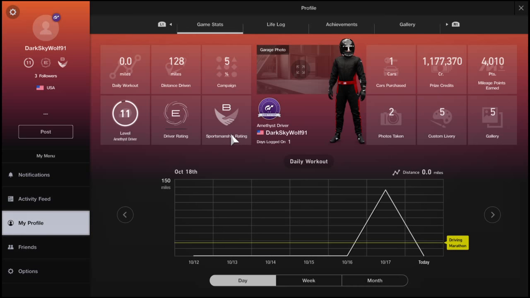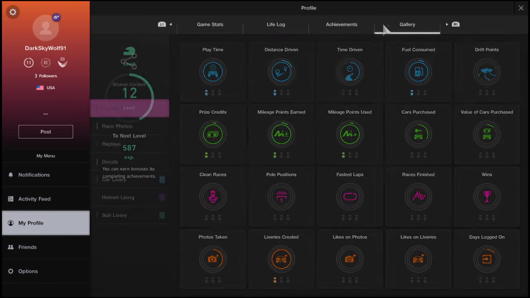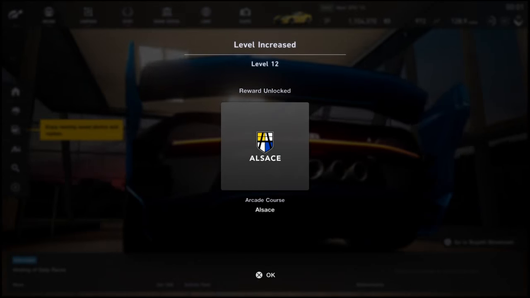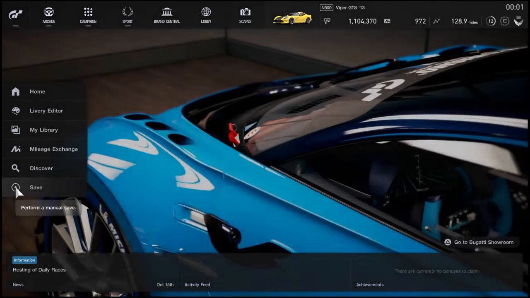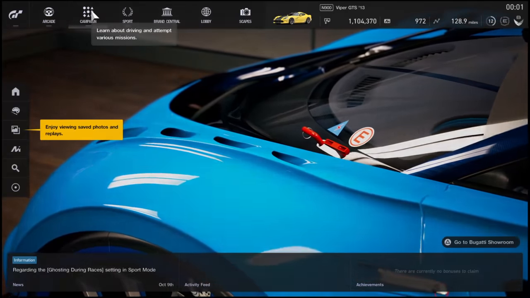Sportsmanship rating, so if you have a bad sportsmanship rating, you will get the not so great lobbies, I guess you could say. Because they don't want people who wreck everybody playing against people who try to drive clean. So you want to try to keep that record as clean as possible, at least I'm going to try to. I guess that's really up to you to decide. Alright, but we're gonna go back to...